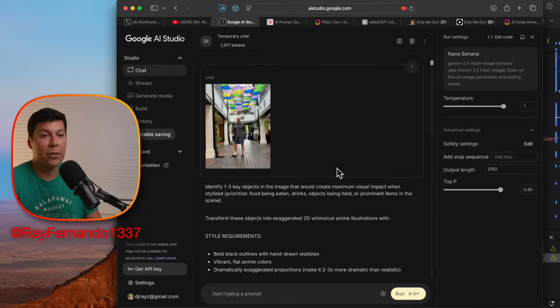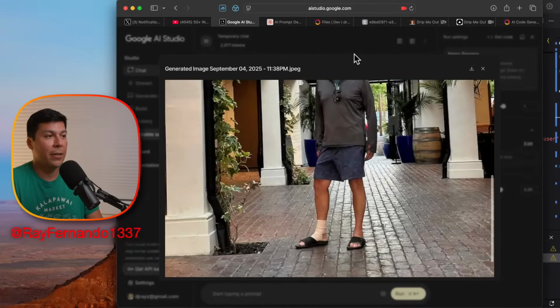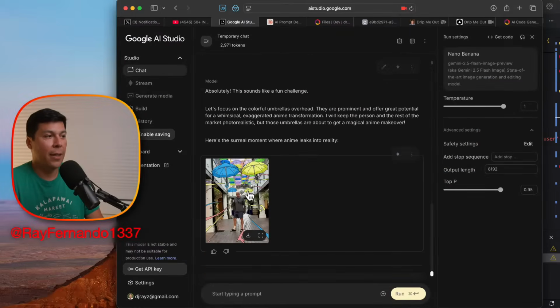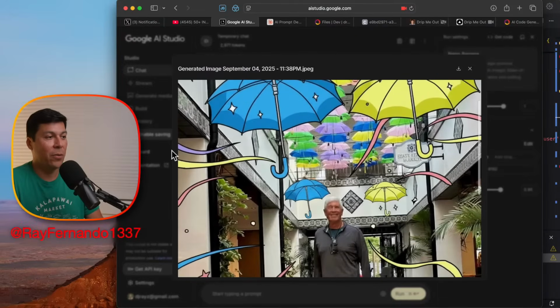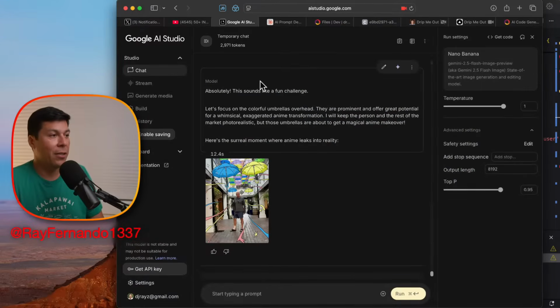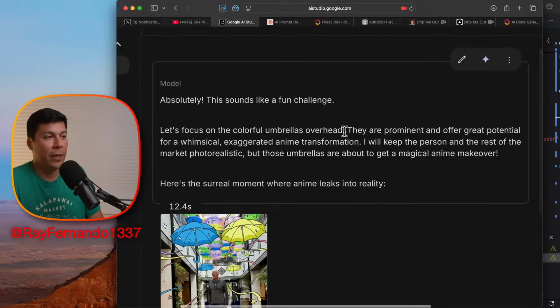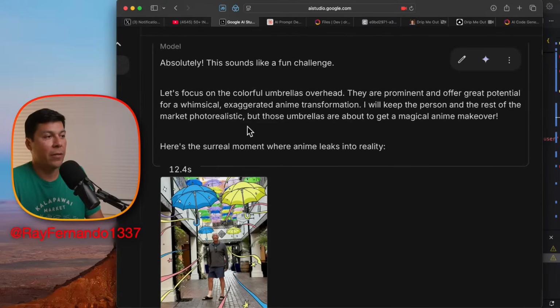And I said, okay, let's just start doing some iterations. So I have my friend, he has a photo underneath some umbrellas here. From there, I popped in the system prompt, and this is exactly what it came out with. It actually drew the umbrellas and drew these really cool things. What's really nice about Google AI Studio is that it shows you its thinking. It says, absolutely, let's focus on the colorful umbrellas overhead. They're prominent and offer great potential for a whimsical, exaggerated anime transformation. This will keep the person and the rest of the market photorealistic,